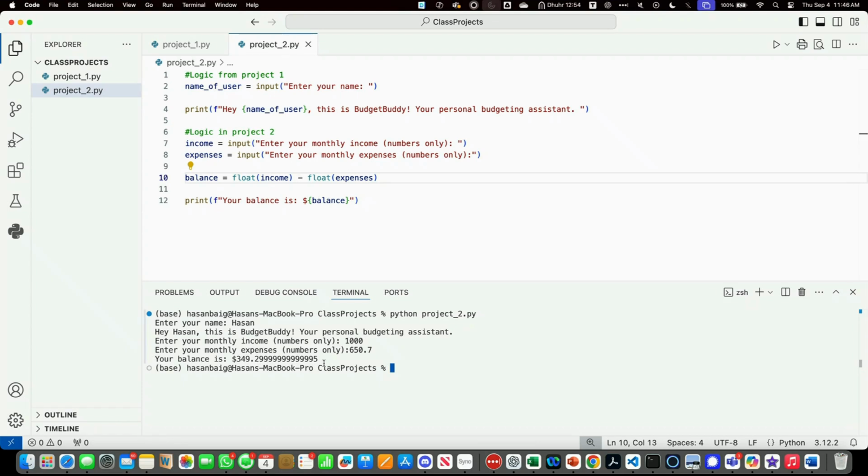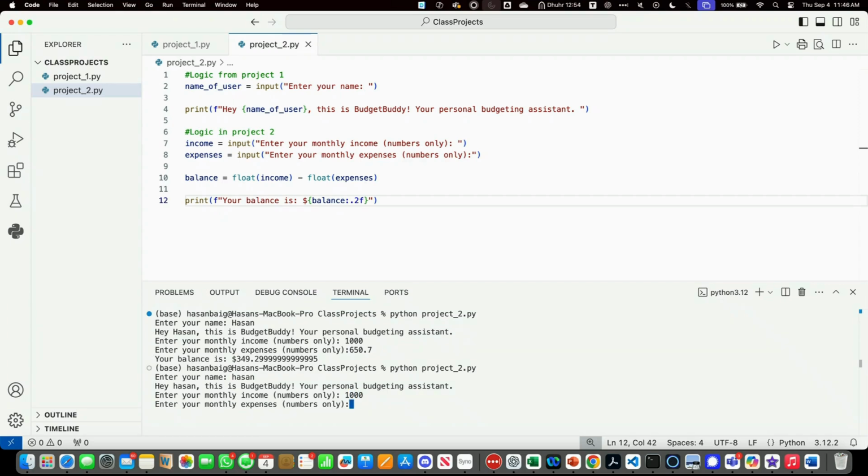Here again, if you want to display up to, let's say, 2 decimal places, you can write a colon and 0.2f, which tells Python to truncate this value balance up to 2 decimal places. Let's try running it again with the same values,